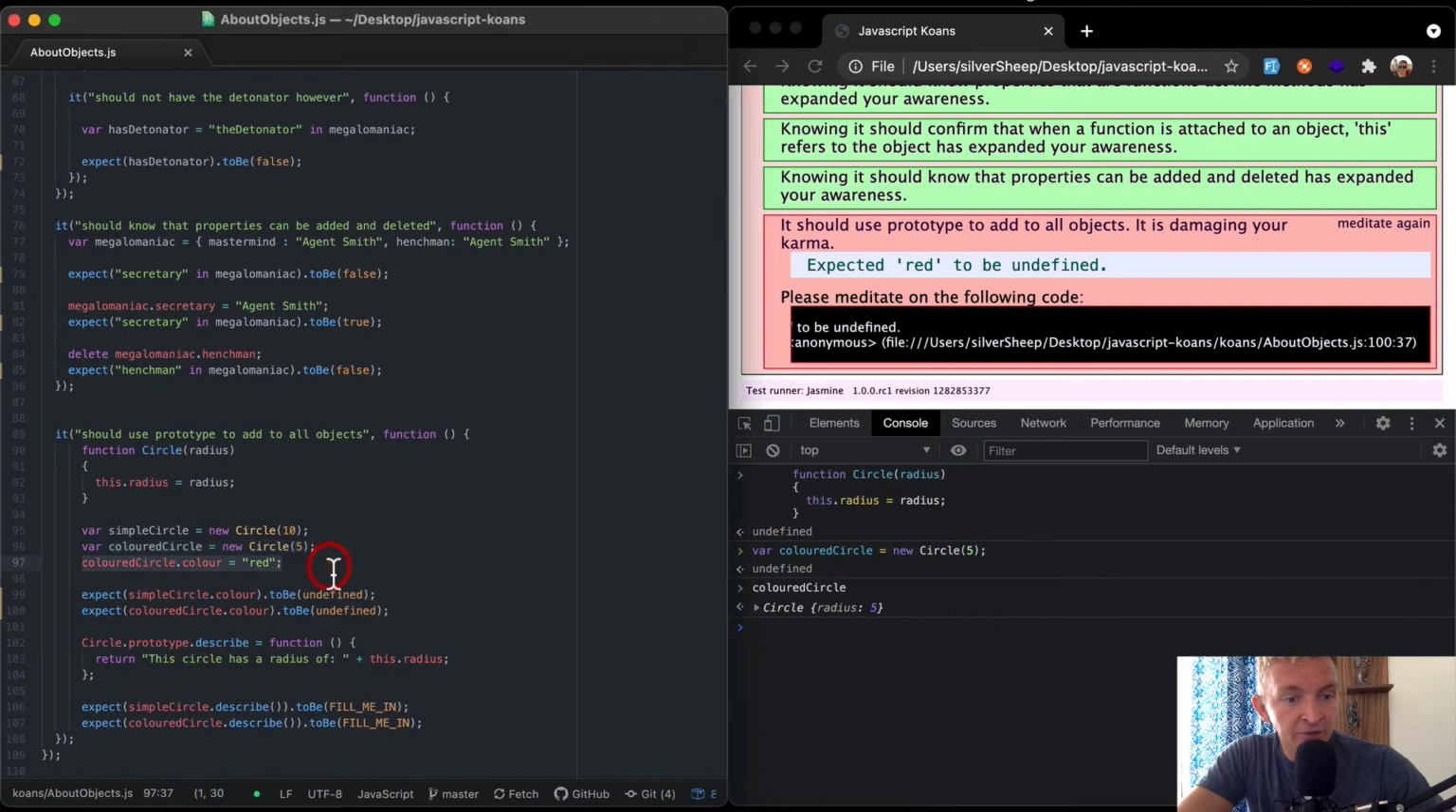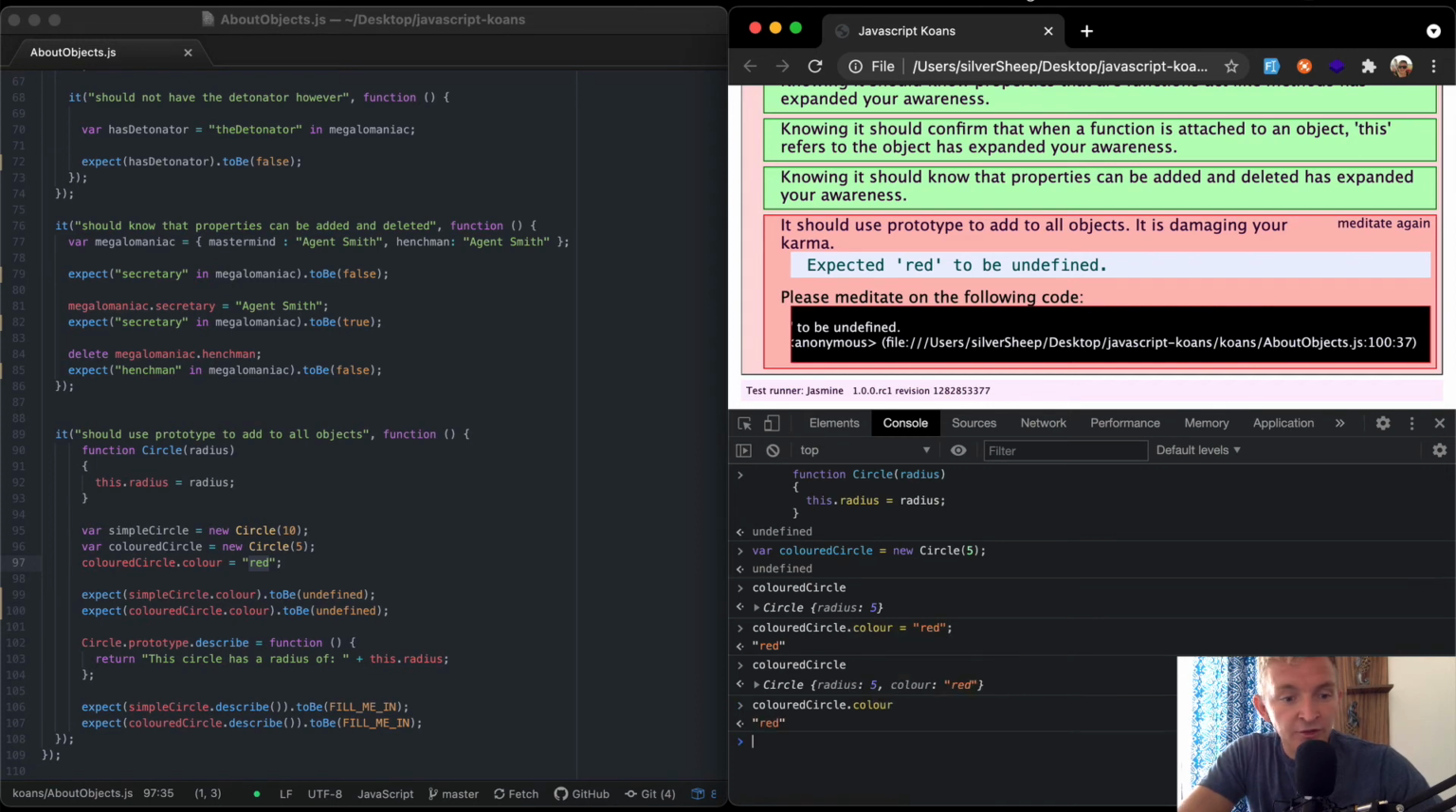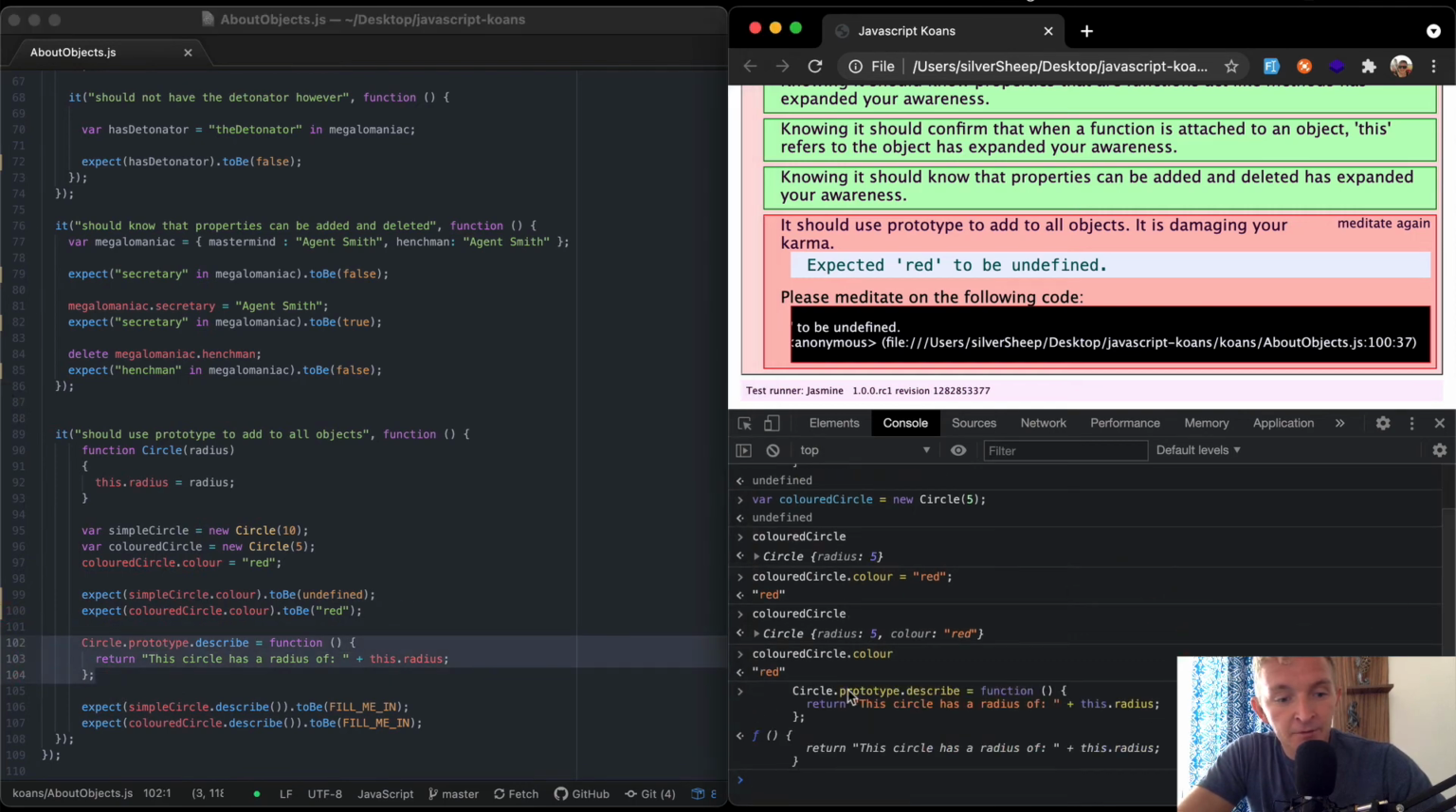And now here we're setting a new key value pair. The key is color and the value is red. If we do it like that, and now if we go colored circle, now our object has the color on it as well. So if we go coloredCircle.color, we get the string of red. So this guy should be red. But I guess the important part here to notice is that the colored circle, even when we add the describe function to it,